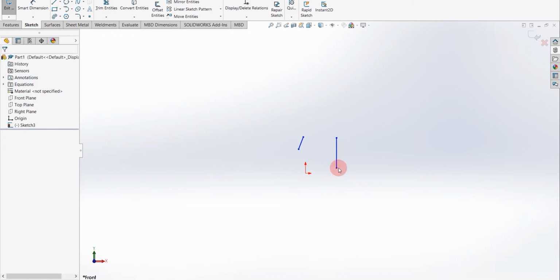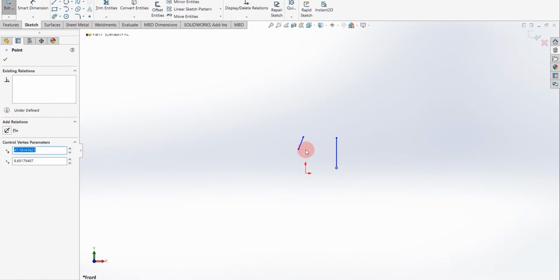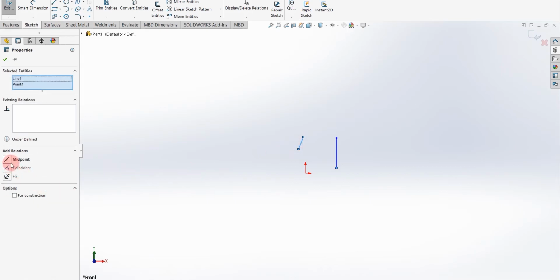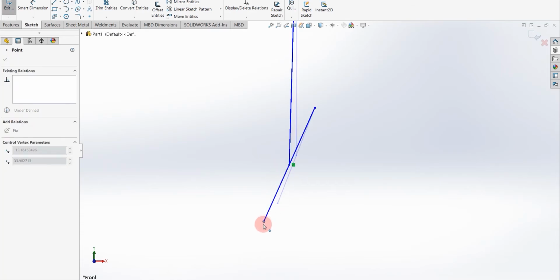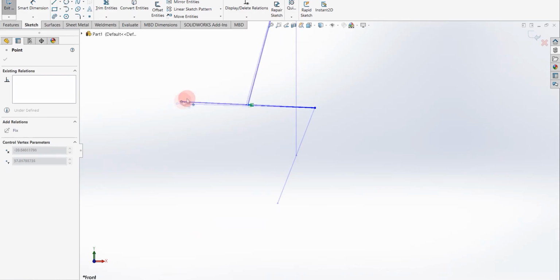If I select one endpoint of this line and another whole line, I'm getting the two main relations, midpoint and coincident. If I select midpoint, you can see this point of the line is now at the midpoint of the second line. If I drag this line, you can see the point on the other line is always at the midpoint of this line.